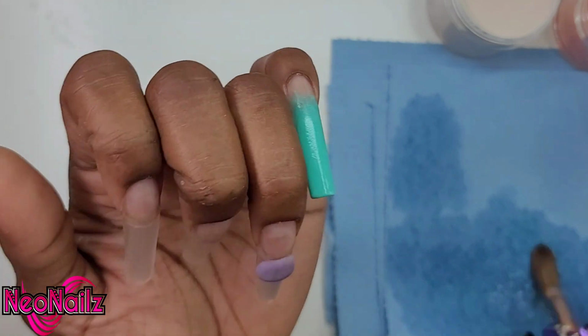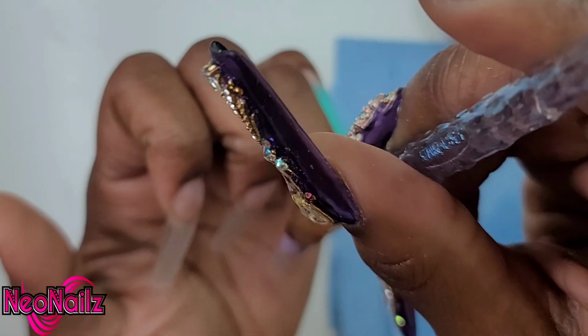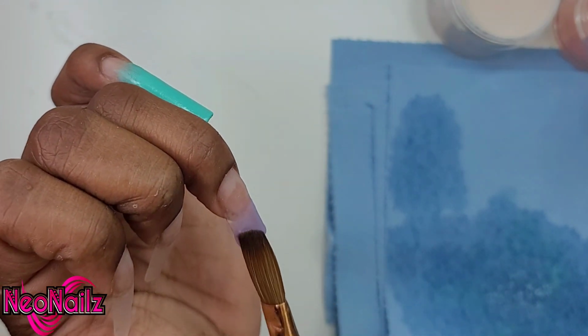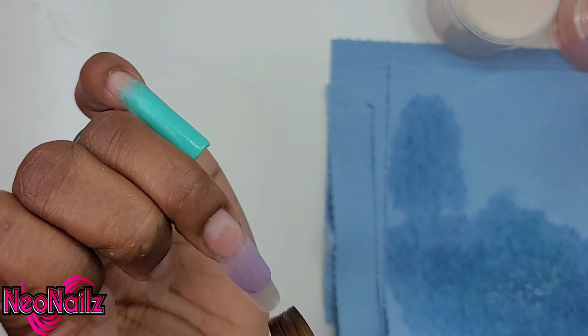This is Something Beat by Kiara Sky. It's a really gorgeous color. I love this color a lot. It's a beautiful pastel lilac purple. It's not too soft, it's not too deep. It's cool. I don't know, I really like it. But